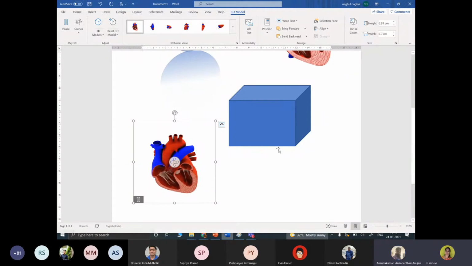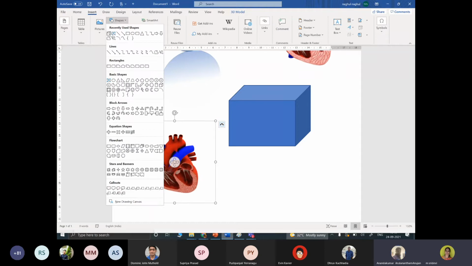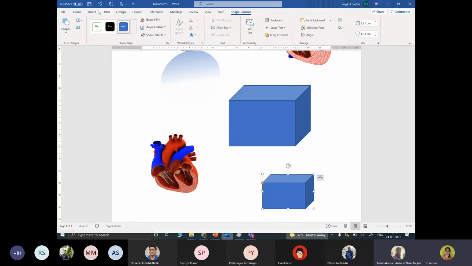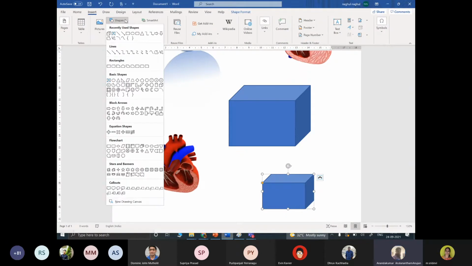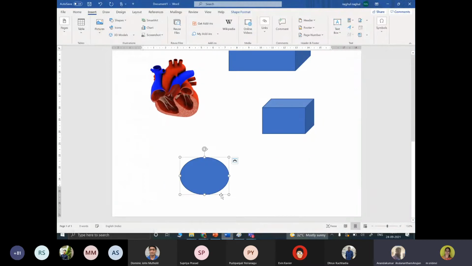Now coming to another diagram, I'll just insert an object. And you can see the properties, so I can open a new screen.